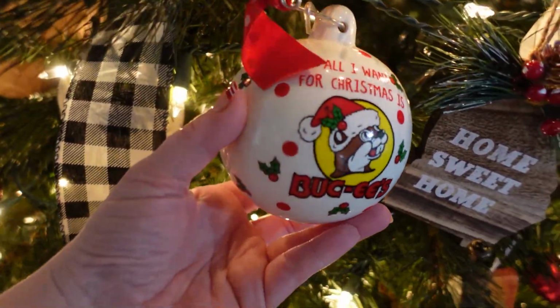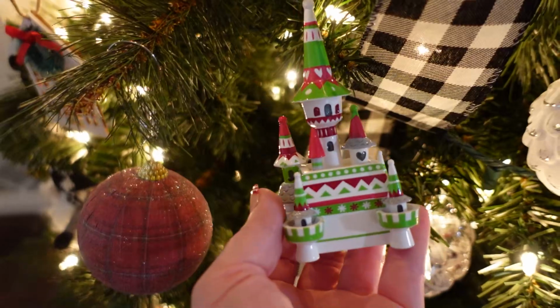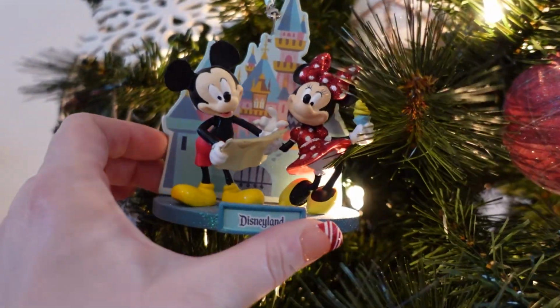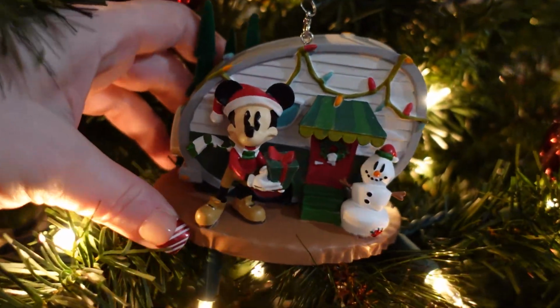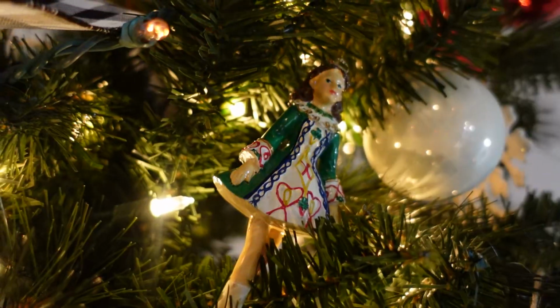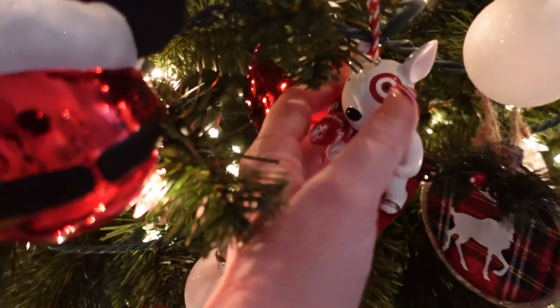And then this one is new this year. I also have lots of Disney ornaments that I love. We have this one from Disneyland. This one is also from Disneyland. This one is from our recent Christmas camping trip. We actually have a separate video on that if you want to check it out. We've got our cruise ship ornament, my favorite Irish dancer ornament, even more Disney ones, and we can't forget about